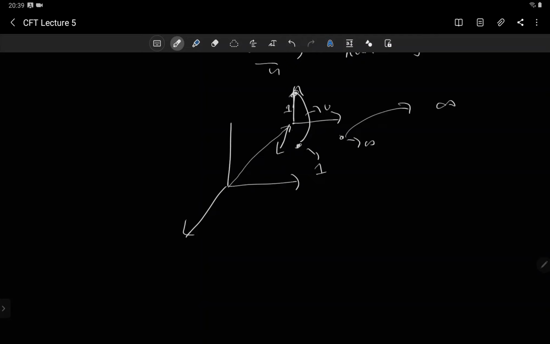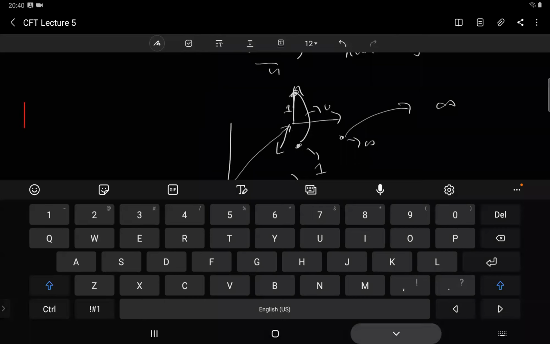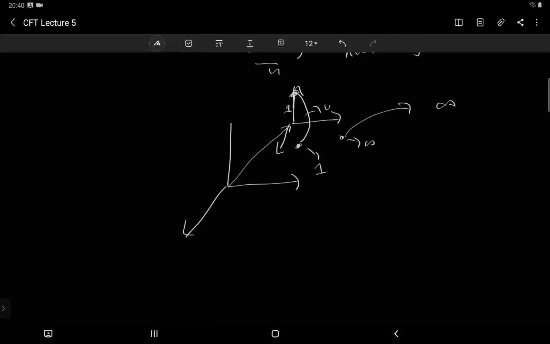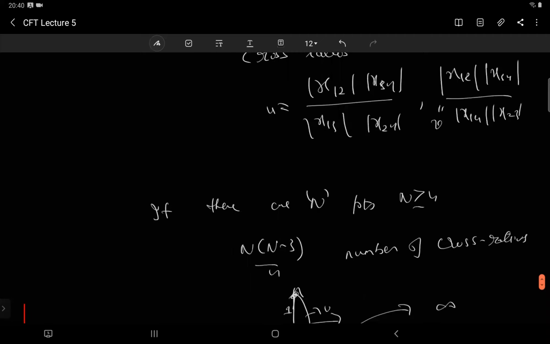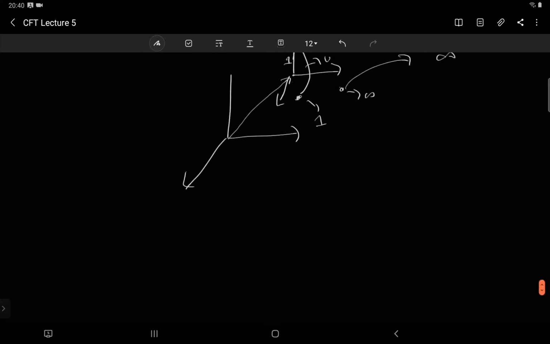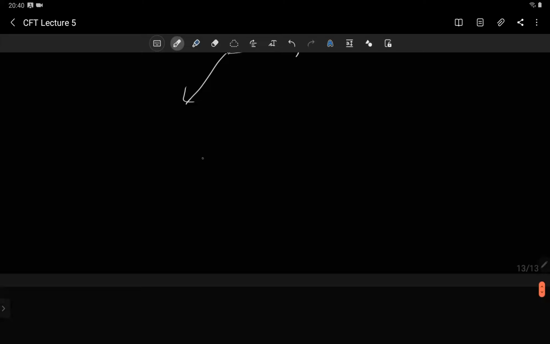Okay, you can take this point to infinity. So this is the way you can do it. So that cross ratio, is there any proof that it will remain invariant? In fact, I gave you as an assignment that you have to show that |x1 - x2|' is equal to |x1 - x2| over